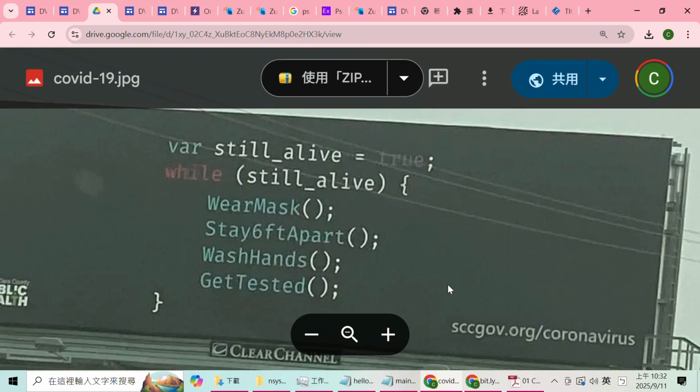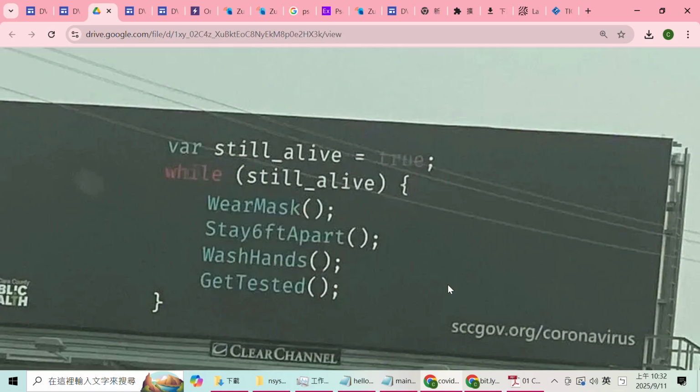This piece of code is written in JavaScript. It is okay if you don't know JavaScript, but I think you can understand what this piece of